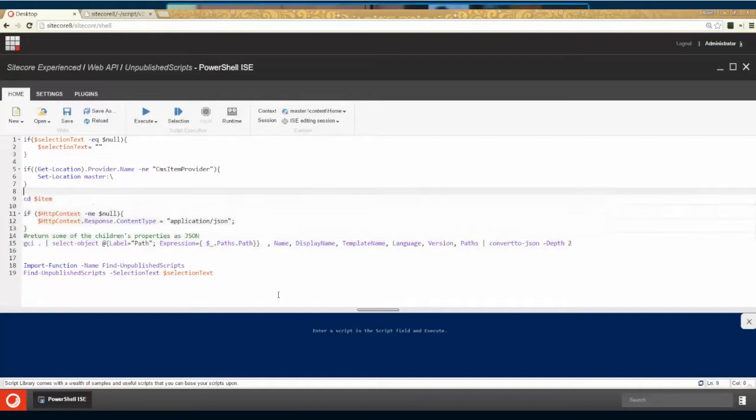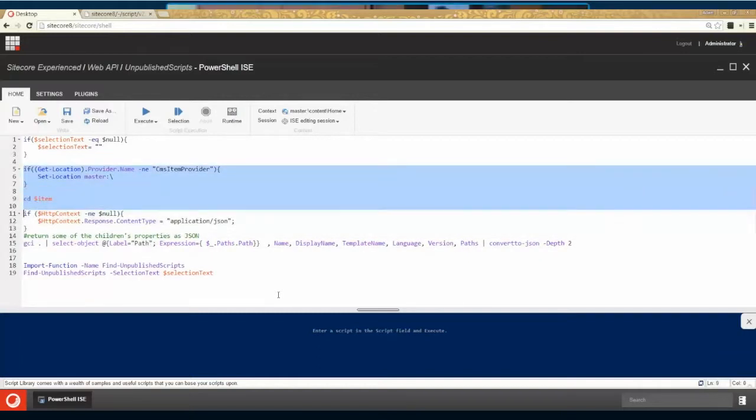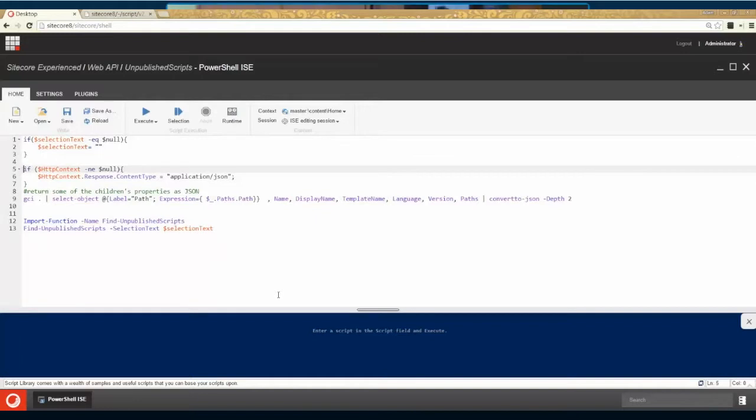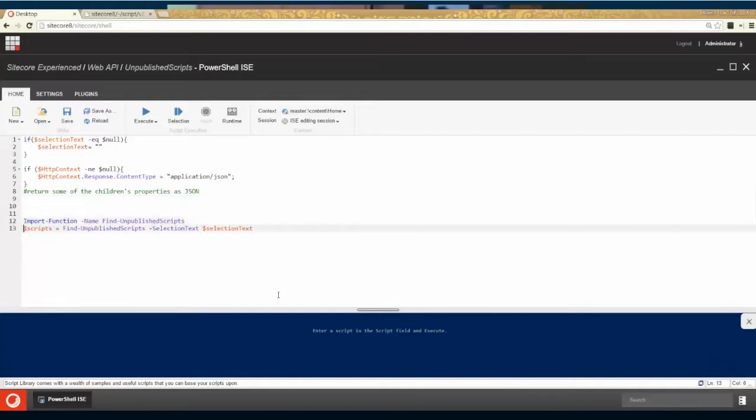I'm not going to need this. I'm going to turn this response into application JSON so that the JavaScript knows that it's JSON. And I'm just going to find my unpublished script and turn it into scripts variable. So I've got my scripts here, and now rather than taking the children of the current item, I'm just going to type my scripts